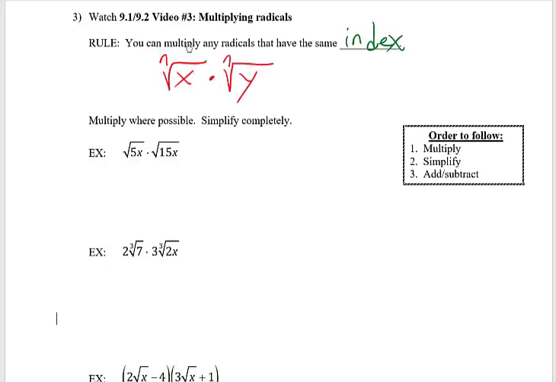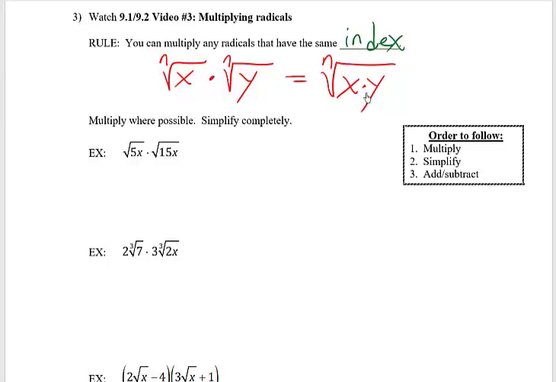If I want to do the nth root of x times the nth root of y, they're both nth roots, so I know I can do it. It's very, very straightforward. All you get is another nth root, and on the inside, in the radicand position, you simply get the product of the two pieces you had before. In fact, we've been using this rule backwards throughout this entire lesson. Every time we've been splitting up one of these radicals into the good radical and the bad radical, we've been using this rule. Now we're just saying, look, if you want to put it back together as a single radical,